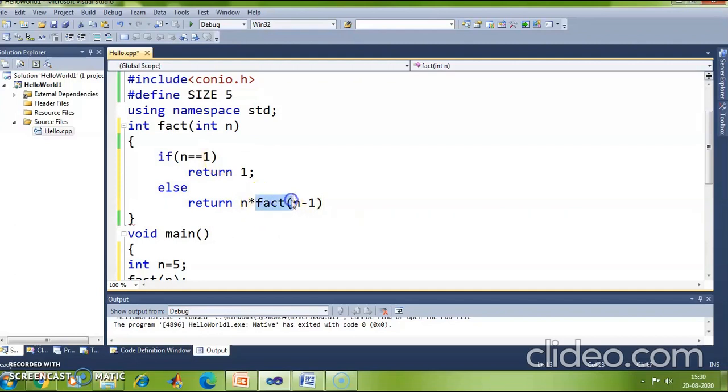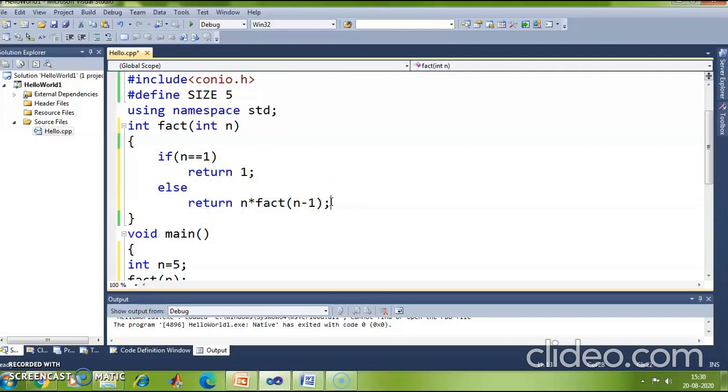It's a function call, right? Which function am I calling? I am calling the same function. I am calling itself, right? So this function fact is calling function fact, it is calling itself, right? And each line should be terminated with the semicolon.